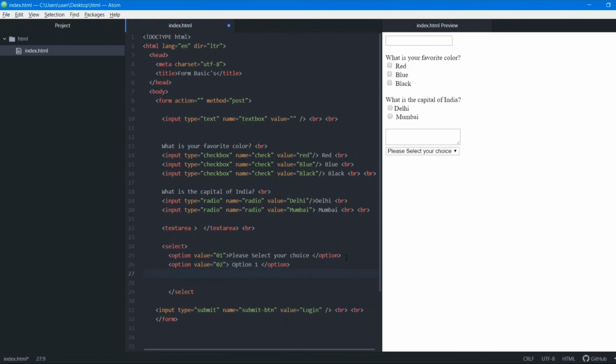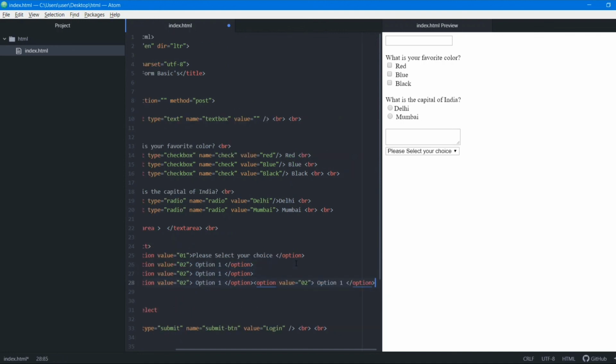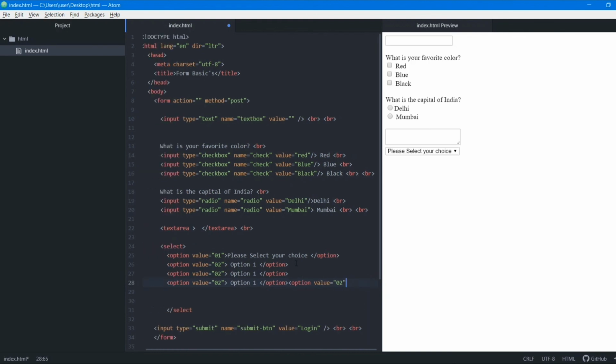We'll create four options so that you are familiar with how to use this. Paste, paste, and now we'll just change the values. Here it will be 2, here it will be 3, and here it will be 4. We'll save this.